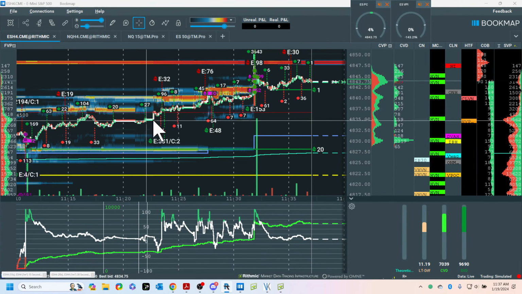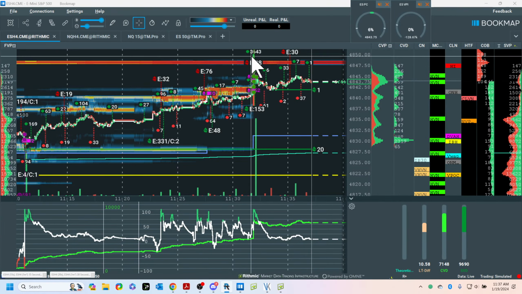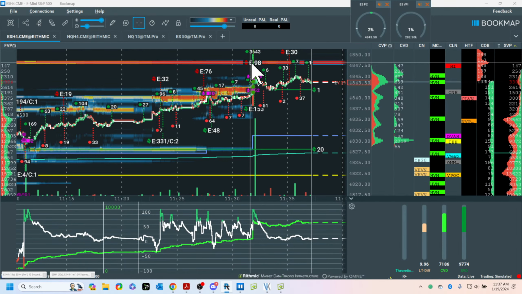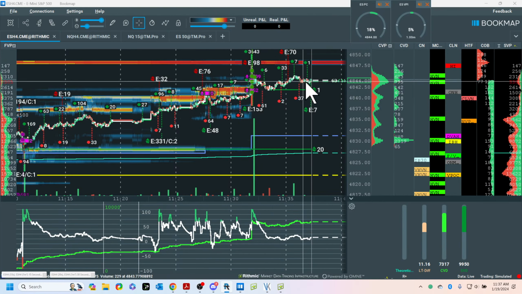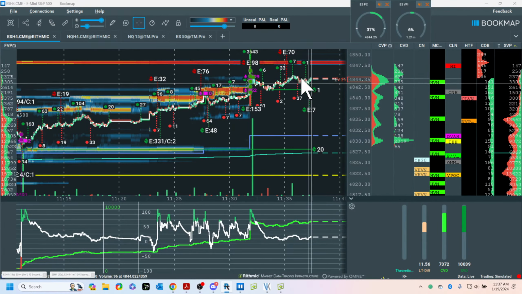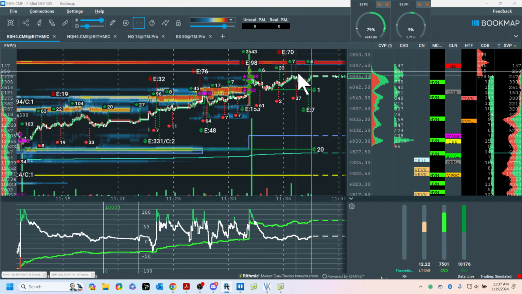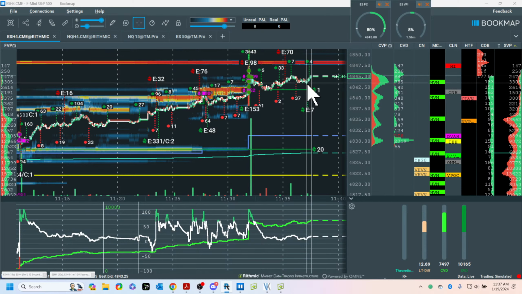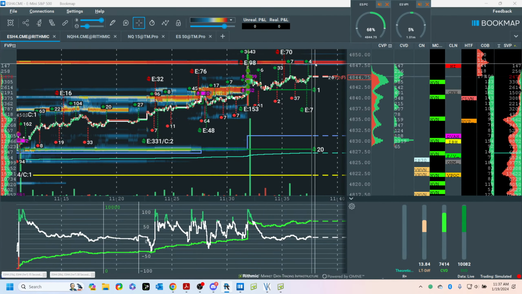If the army is marching up the hill, and every once in a while, the retreating army says, hey, guys, I need you to do me a favor. Go in there and hold them off for a little while. We want to retreat. There's your counter rotation or counter attack. Those guys who sell here, are they going to push this whole army back? Maybe. Or are they just going to cause a rotation or a small pushback and then get taken out? In a trending configuration, it's longs only.